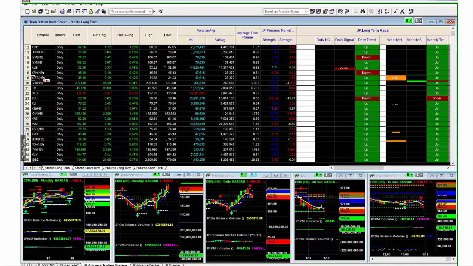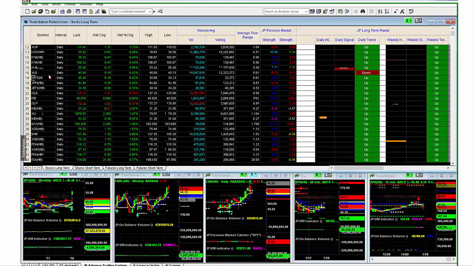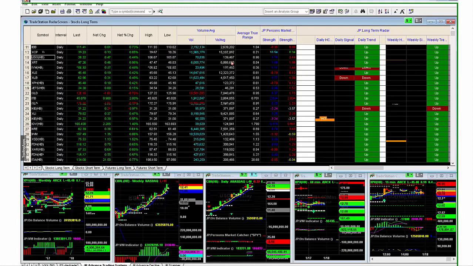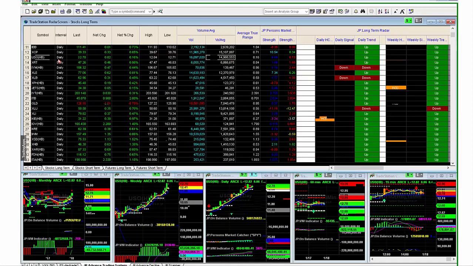So a lot of different ETFs, even USO. How do you figure USO on a hard to borrow list, as you can see, with 14,988 average 10-day volume on a hard to borrow list? So again, one of the things that I always tell people is you have to understand what these things mean, and then, you know, double check as well. Maybe you don't want to trade everything through TradeStation. Use Thinkorswim, but this is a great analytic tool. If it keeps crashing on you, or if there is a crash, we have to analyze why there is a